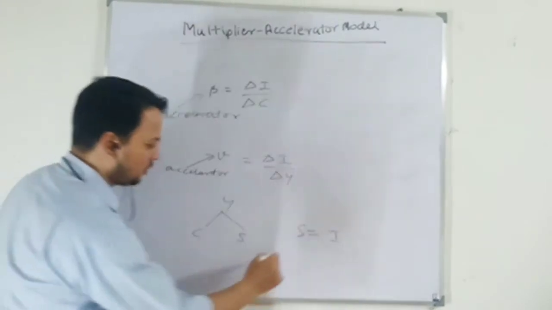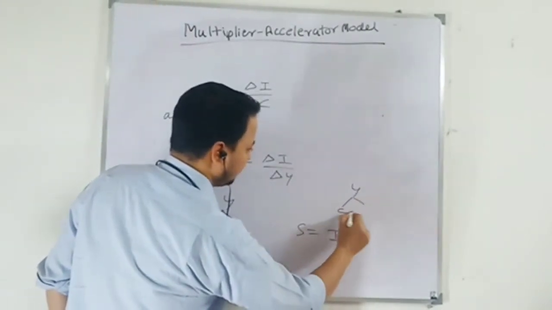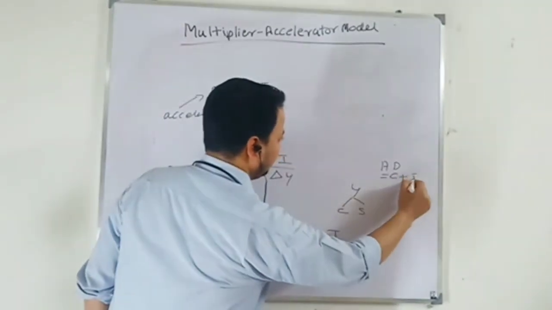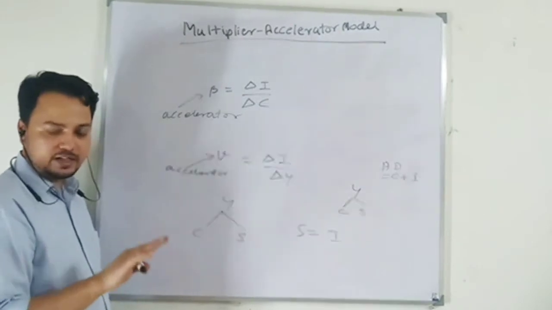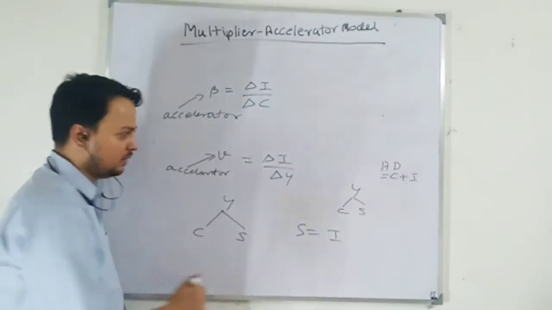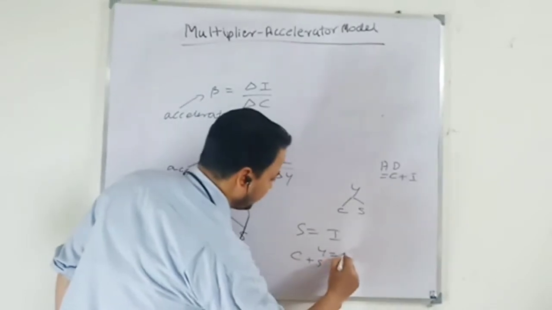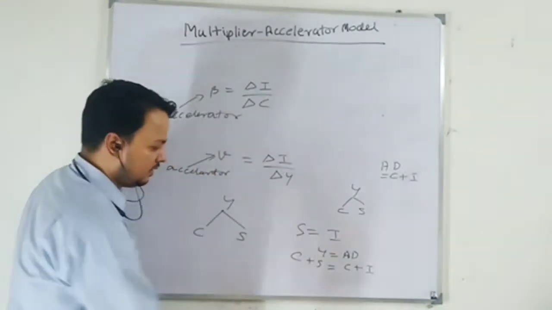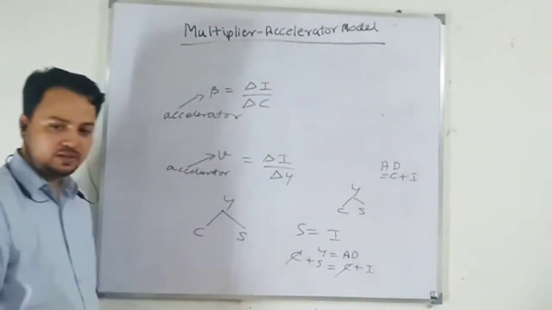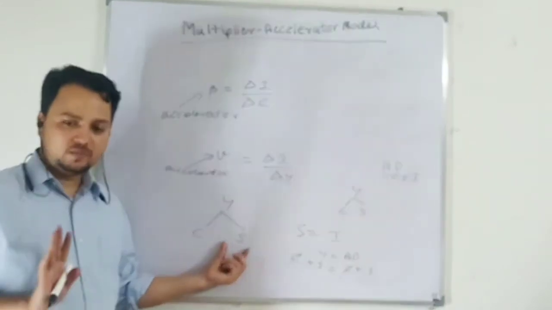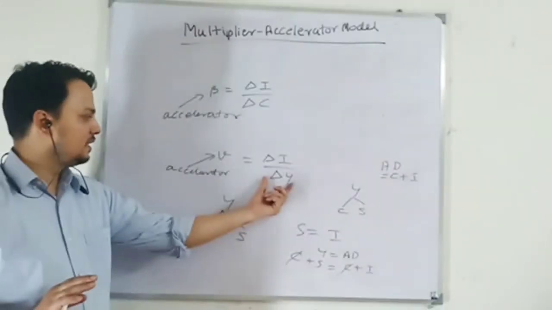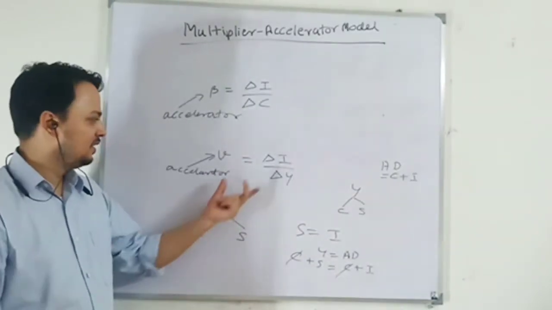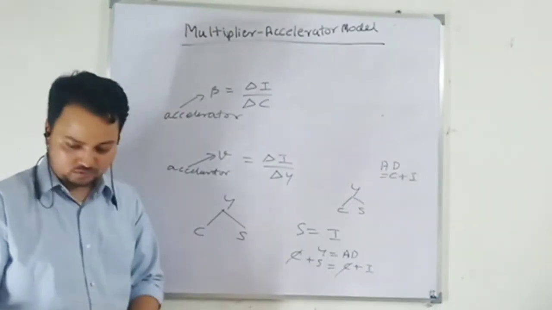Why? Simple, just look at the two sector model. Income is consumption plus saving, and aggregate demand is C plus I. I am talking about actual realized money, ex post. So consumption plus saving, income, must be equal to aggregate demand, which must be equal to C plus I, right? This will cancel out, so saving will be equal to investment. So this part will be automatically fulfilled. This thing and this thing mean the same thing, so they are not much different ex post. That is what I discussed in the notes yesterday also.